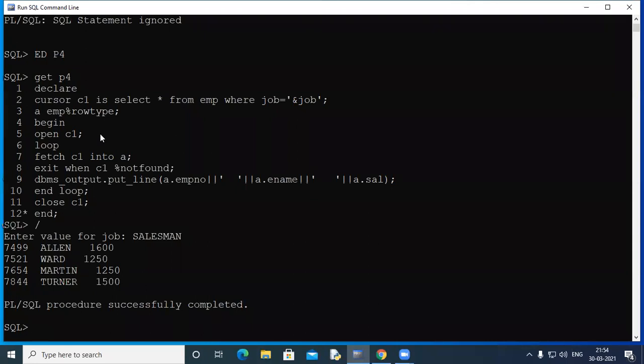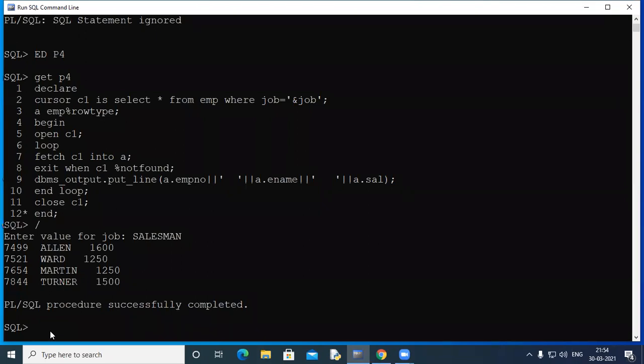Next, we have cursors with parameters. Important one again, just for the concept check. Cursors with parameters means we can have cursors with parameters. After the cursor name, we would be passing some parameters. For this, let's take an example.